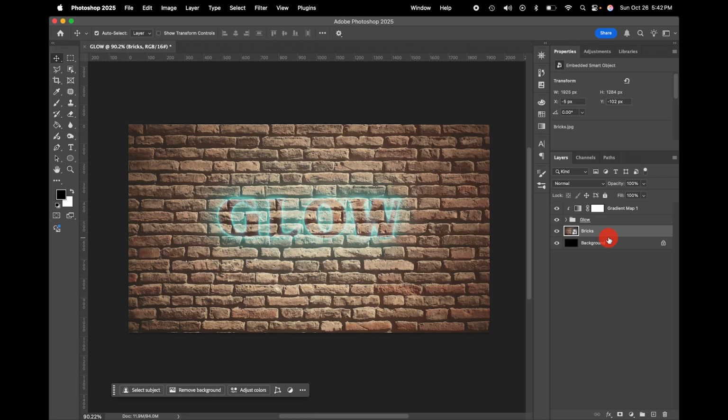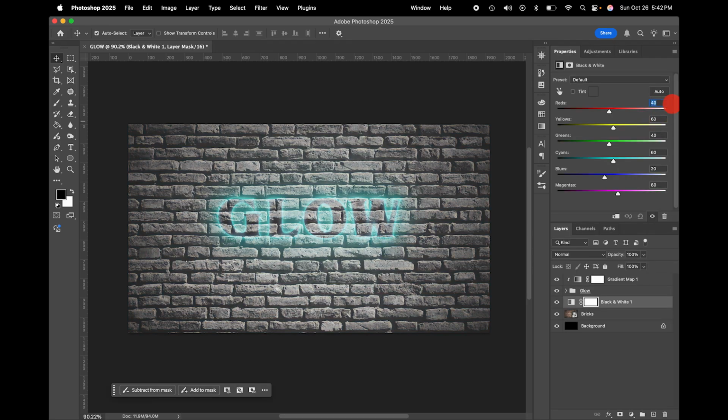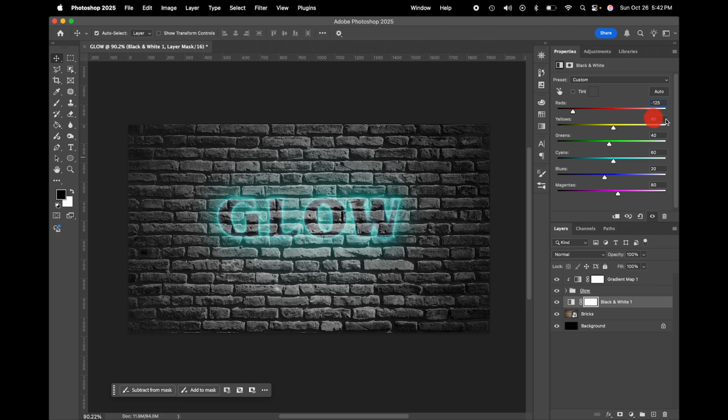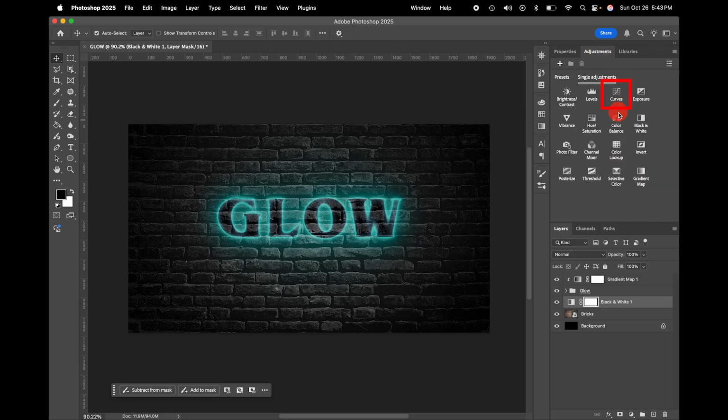Brick backgrounds seem to be pretty popular with these types of effects, but we're going to have to add some adjustment layers to darken this up and give it some contrast. So let's start by going to our Adjustments tab and grabbing the black and white filter. We're going to bring the reds down to -125, and we're going to bring the yellows all the way down to -200. And now we're also going to grab a curves adjustment layer